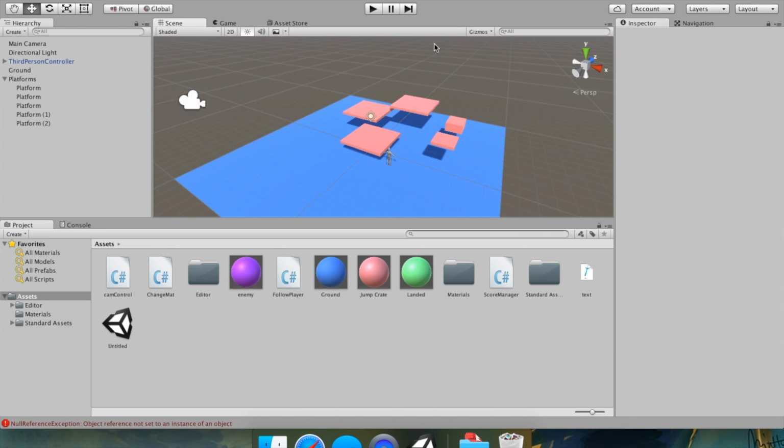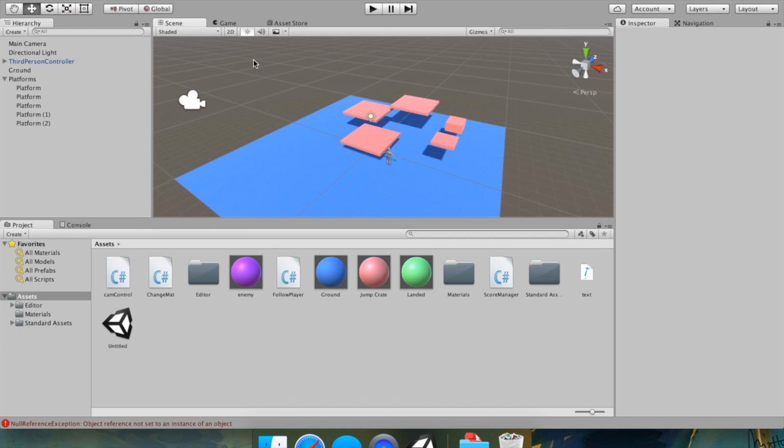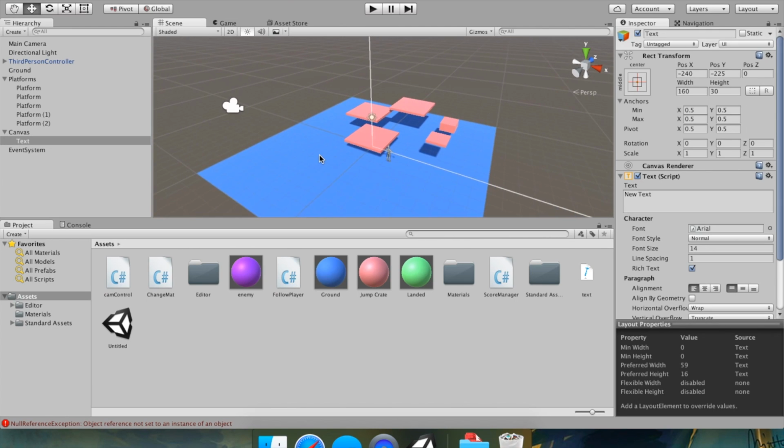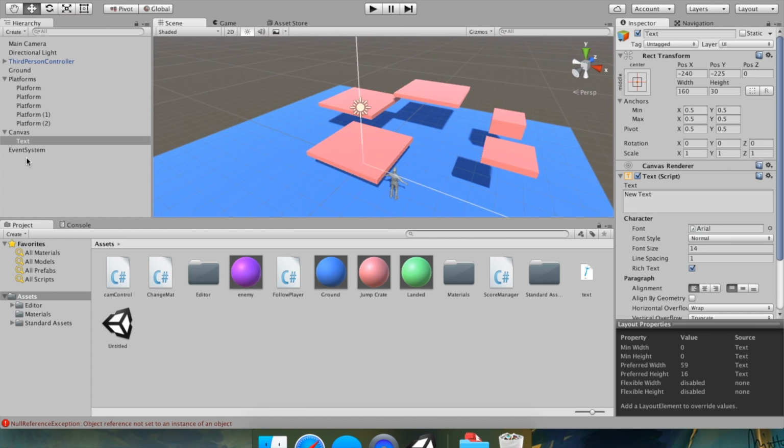Next we're going to build the simple UI. So if you go to game object, user interface, we're just going to add a text box that shows your score, and your score is just going to be every time you touch a box it'll add 1 to your score. So go ahead and click text, and since we don't have any user interface canvas, which is what the Unity UI needs to present itself, it'll add one of those in for us